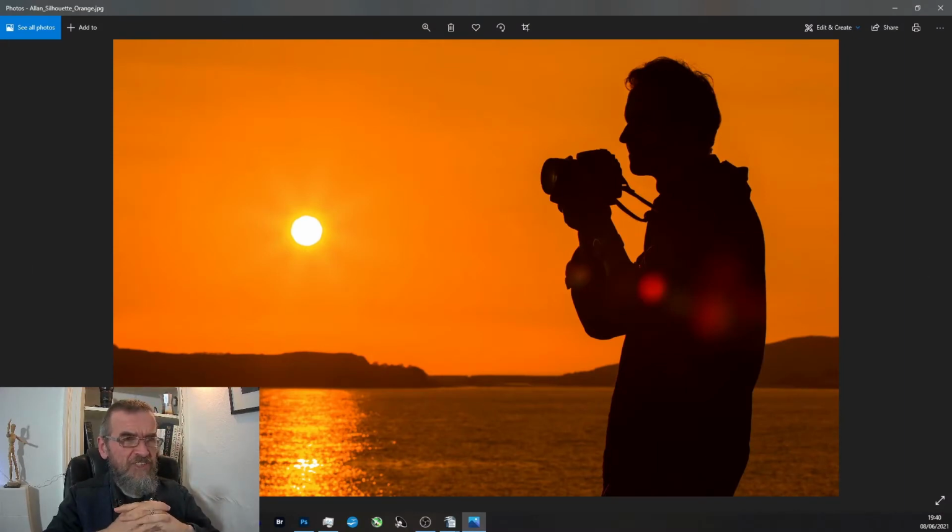We went down to the coast to do a little bit of photography, and getting near sunset, I took this photo of him silhouetted against the sunset. And other than a little bit of lens flare that's running across him, the centre of him is darkened out. We can't make out any of the details. But